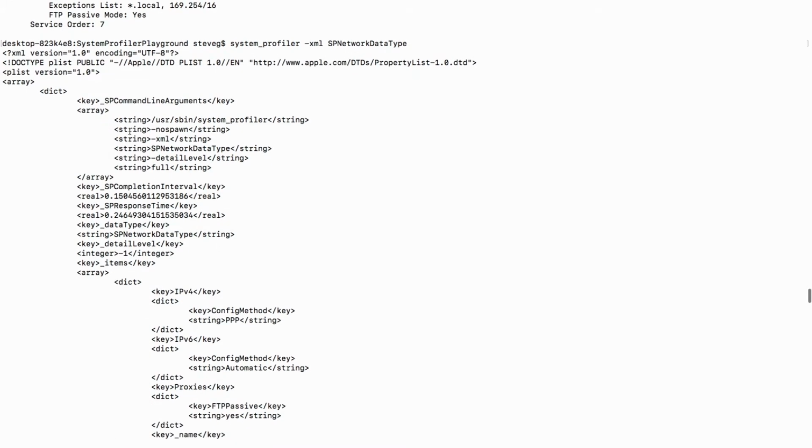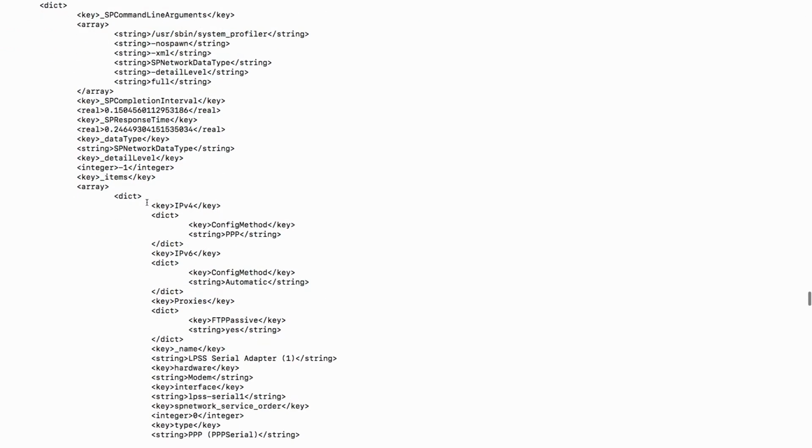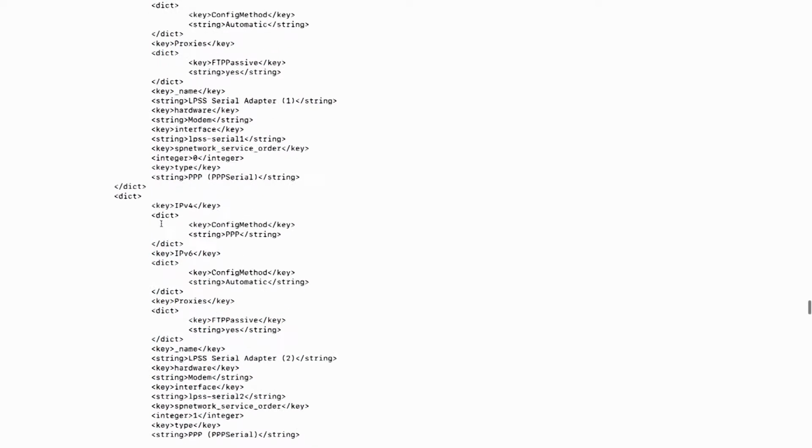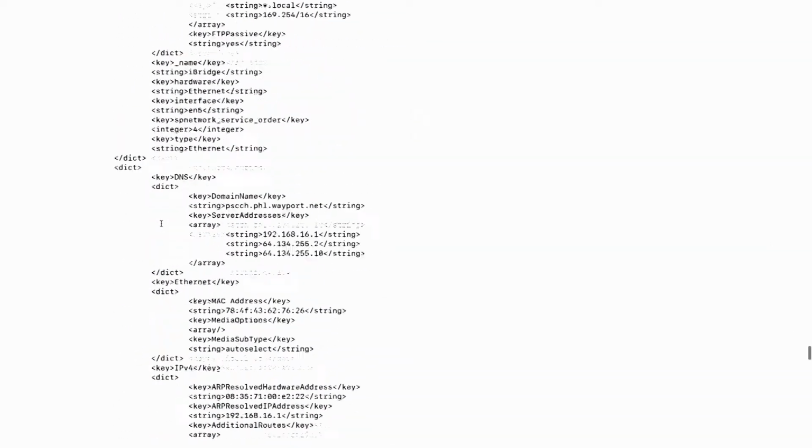You can see up here at the top, it gives us back the command we used with some extras for some reason, like no spawn. I didn't type that in, it says I did. It tells me that I set a default level, which I didn't. It gives a bunch of other stuff, and we get down here to this items, _items, and this is the actual data we want. So this is the stuff we want to look at, but then we get to the